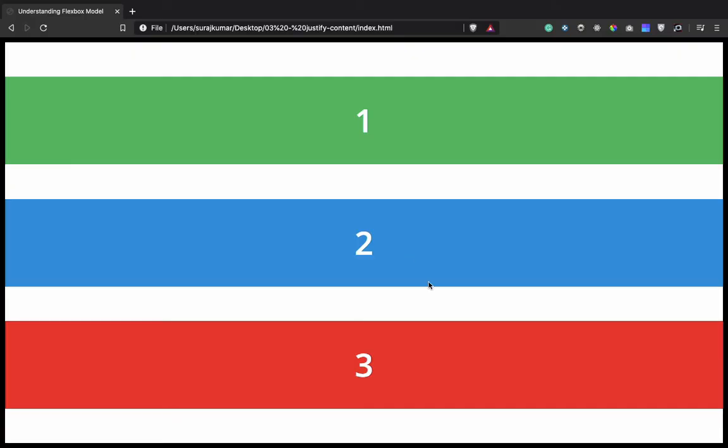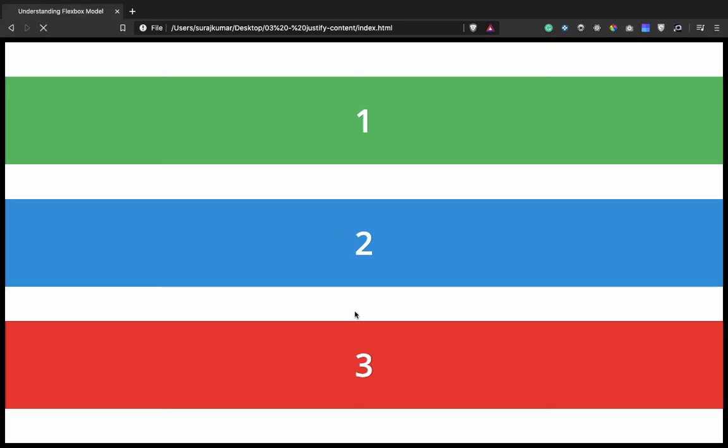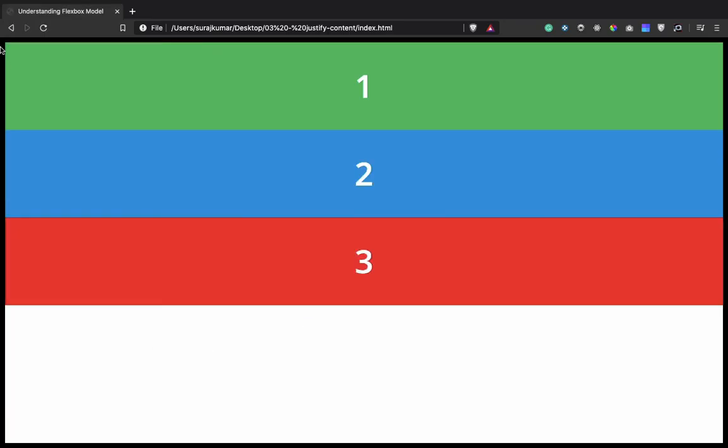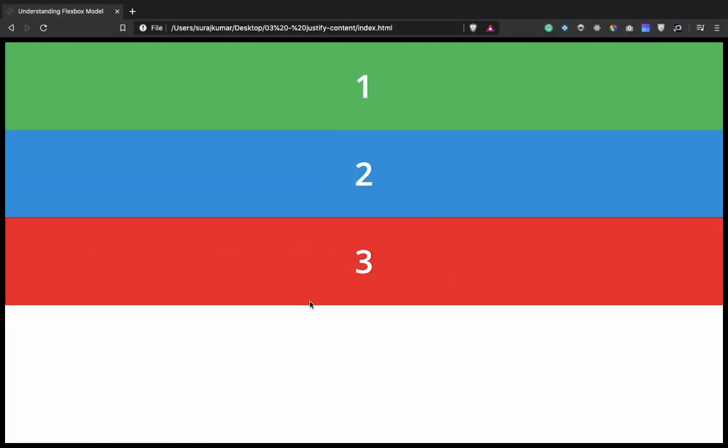Now we have some extra spaces. So let's first apply flex start here. Now as we can see, we have our container all over our window, that is from left to right here and from top to bottom here. So now we have some extra spaces and now we can make use of these extra spaces using the justify content property. So here we have the justify content property that will be working on the main axis, and this time our main axis is going from top to bottom.